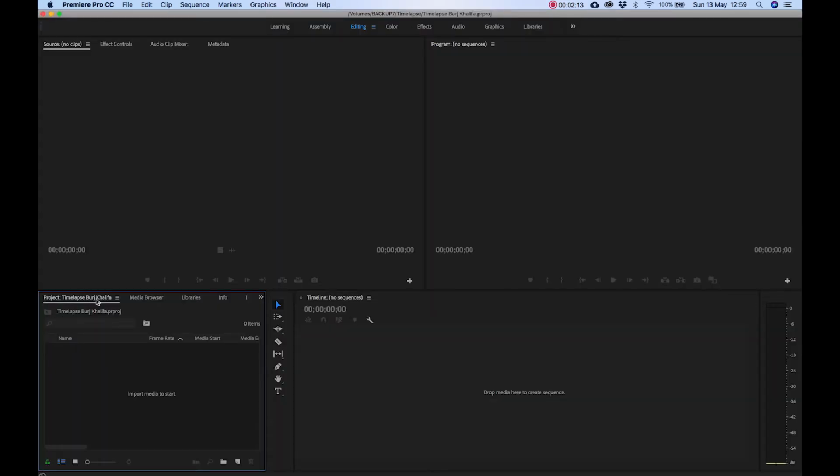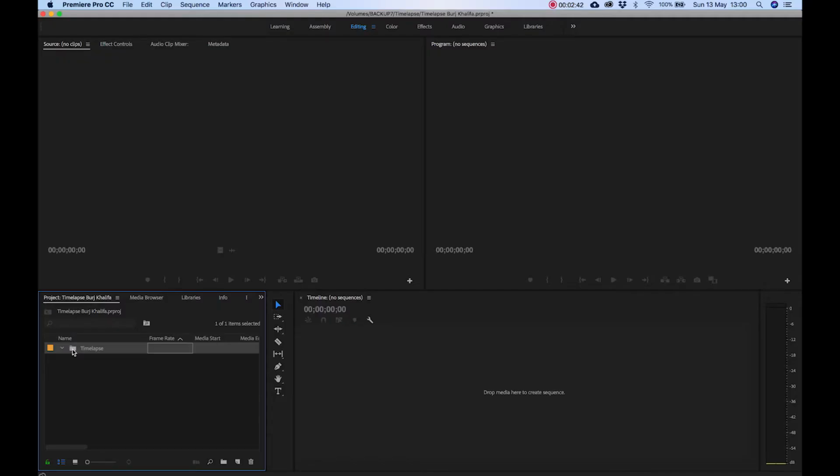When you open up Premiere Pro, you'll have your project. This is where all your files will be kept. In here, I'll right click, click on New Bin. Bins are basically folders within Premiere Pro. So I'll name this Time-Lapse. I'll right click on this,